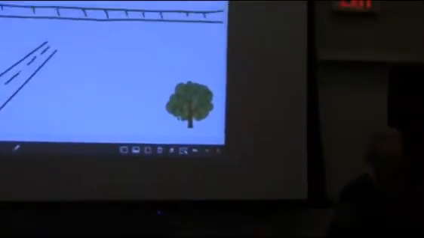Let's say we want to show an example of the Pythagorean theorem to the students and how that works. We want to compute, for instance, the distance of the airplane from the landing strip.